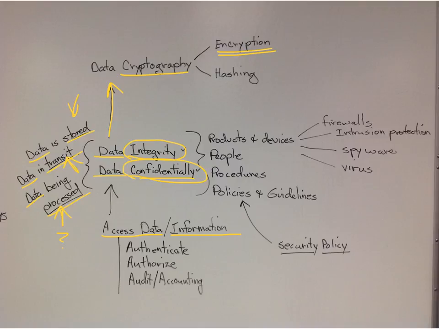Now, integrity. We can hash the data on one end, send the hash, and then send the data. When the data gets to the other end, we can hash it, take the hash we brought over. If they're equal, then the data's integrity was preserved. It wasn't changed.